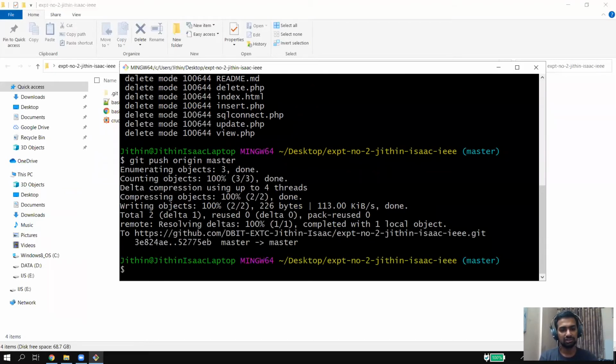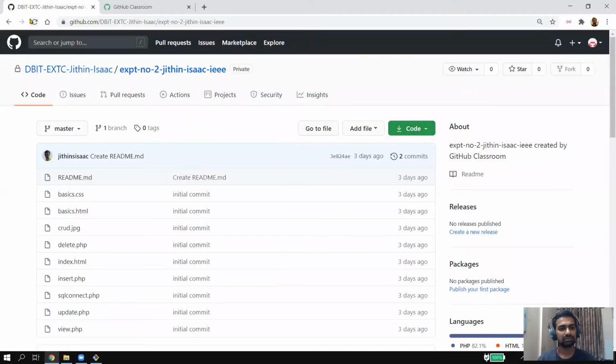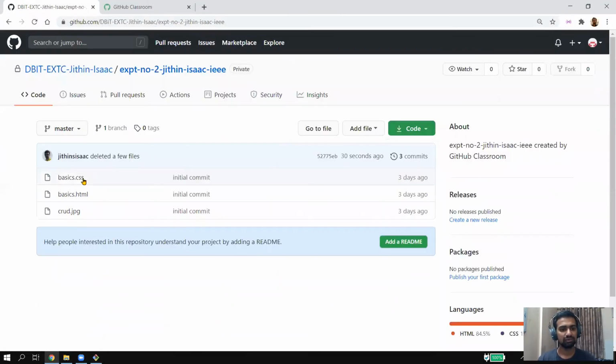Once you are sure that your repository has been pushed onto GitHub, you will just come over here, refresh your page, and you will find that there are only these 3 files. So you're okay with your work. You know that your files have been committed and pushed to this private repository. Once you have done this, what you must do is, and this is just a workaround, instead of creating a branch and then pushing the branch and then creating a pull request, the easier way out